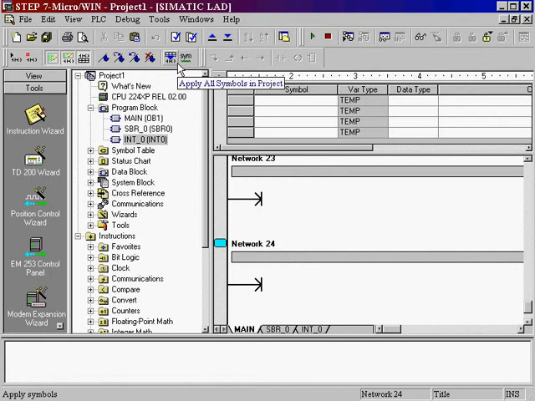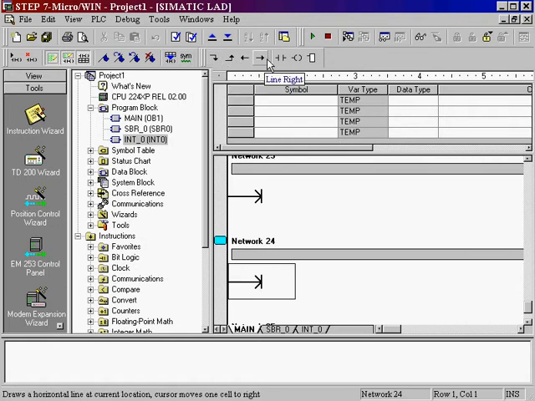Now these 2 symbol handling icons are intended for the 2 schools of thought when it comes to programming. The first philosophy is to define all your inputs, outputs, and process values. Then you write your logic, and you can click this icon to apply those symbols to the logic that you've just written. The second school of thought is to write your logic and use symbol names within your logic, and when you're done, you can use this symbol to create a table of all of the undefined symbols in your project. These 4 arrows are for connecting contacts, coils, and function boxes, while these 3 icons are for placing coils,